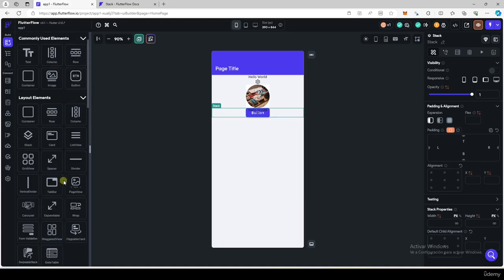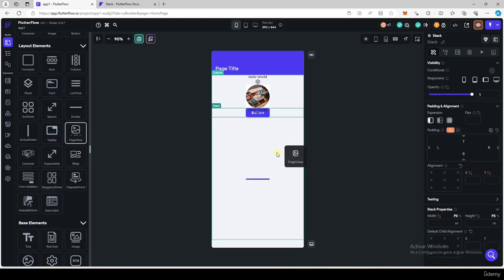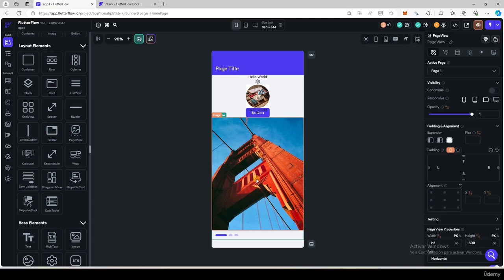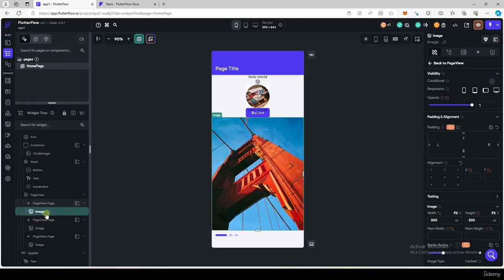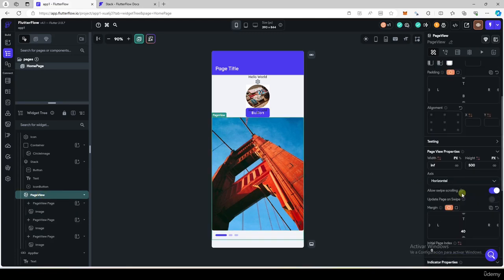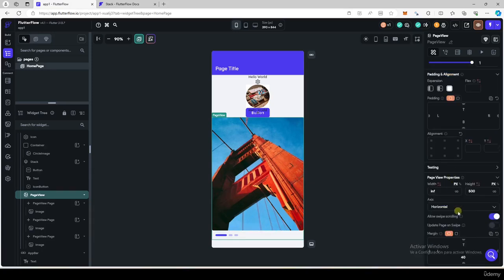If you want, you can use also a different type of layout element. For example, here we have a page view. Okay. If you go to widget tree, you can see that the page view allows you to put different pages inside. And you can scroll in these pages. For example, if you click here in page view, you can see that you have here some options, some properties. In this case, you can see that we are using a horizontal order in this page view. If you click here in this eye,